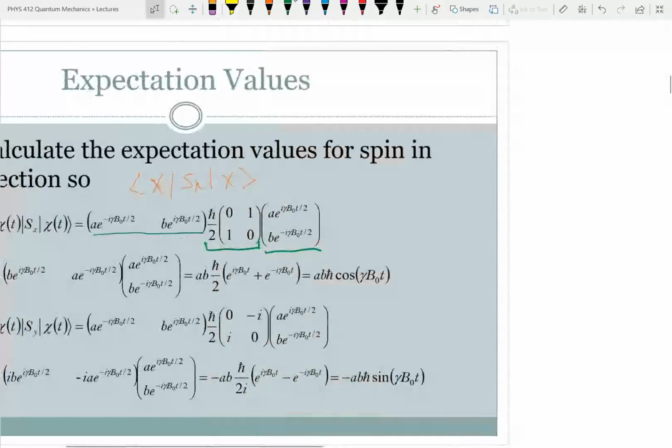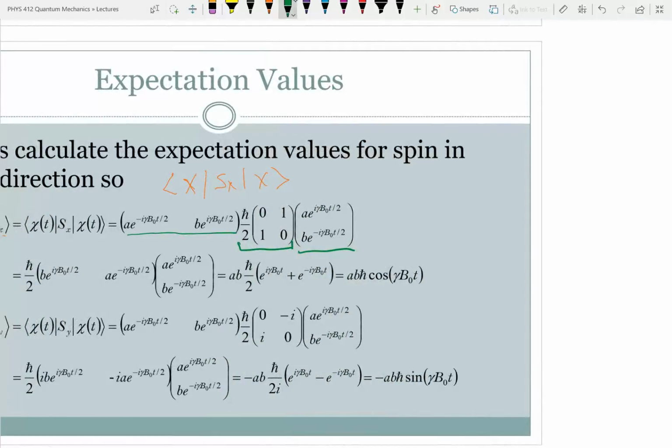So let's do the multiplication. I'm going to do the first multiplication, then leave the second vector in place. So I'm going to have h bar over 2, and then a times 0 is 0, b times 1 is 1,